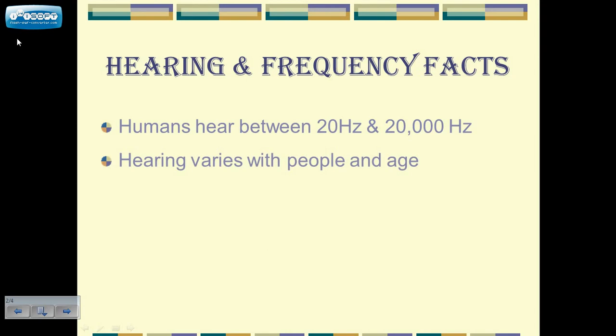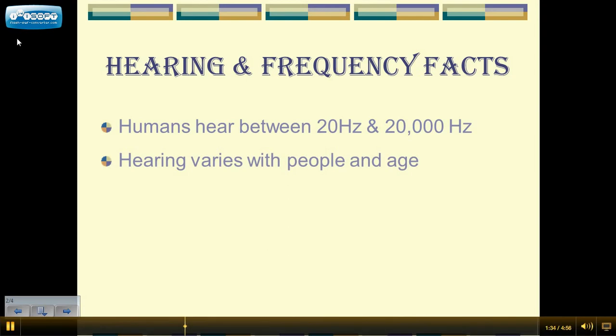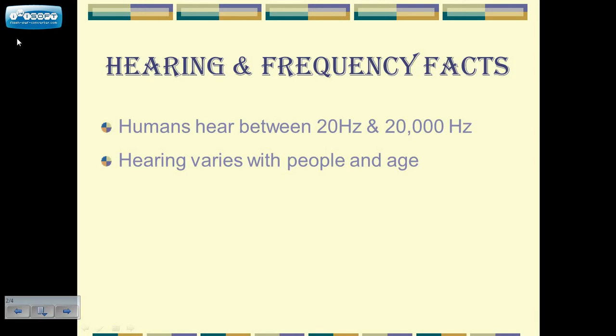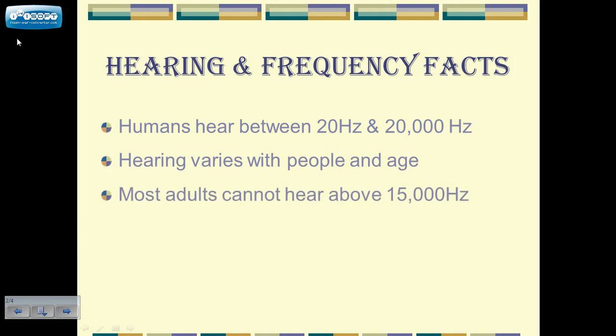So hearing varies with people and with age. This is what the other teachers were doing. If you remember hearing the high-pitched sounds coming from different rooms around us, we're actually going to do this as a demo as a class so that you can test this out yourself. So most adults cannot hear above 15,000 hertz, and that's why if you've ever done a mosquito ringtone, you know they always start around 13,000 or 15,000 hertz and they go up to like 20 and 21,000. It's because adults should not be able to hear above what those ringtones are giving off.